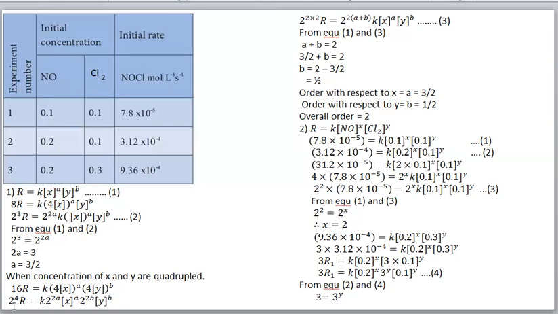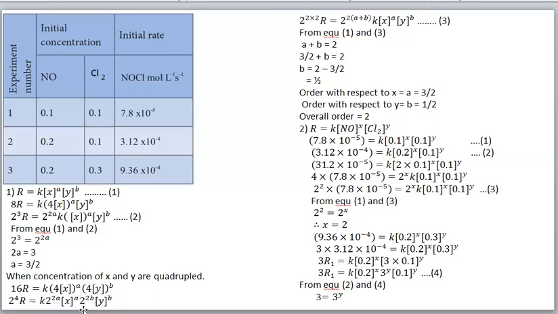Then we can rearrange this 16, we can write 2 to the power 4. This 4 we can take outside, so we'll get 4 to the power A, or we can say 2 to the power 2A. It is written here, you see, 2 to the power 2A. Similarly, here also 4 to the power B, or we can say 2 to the power 2B. We can write it here. Then these two terms we can write at the beginning. You see, 2 to the power 4, or 2 into 2 we can write, equal to 2 to the power 2 into A plus B.